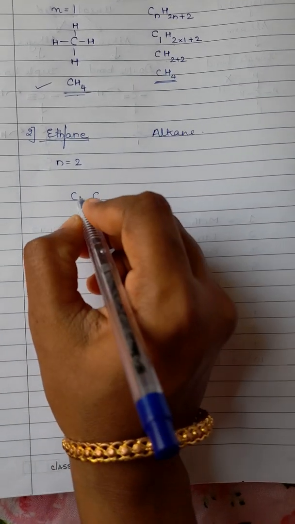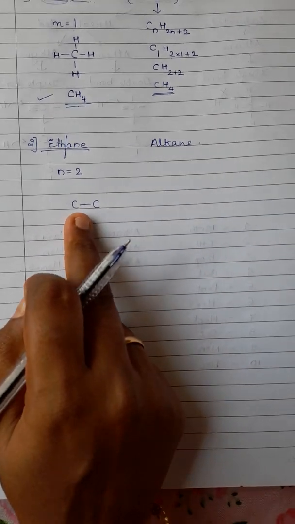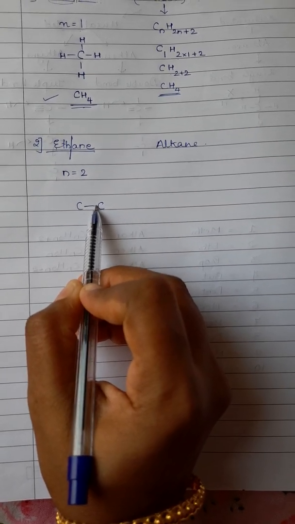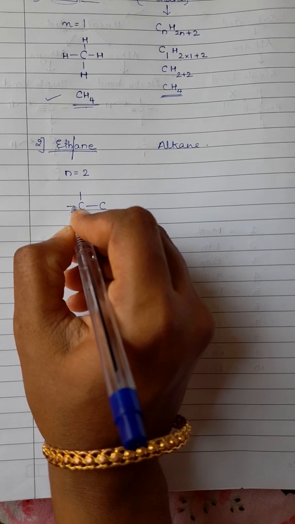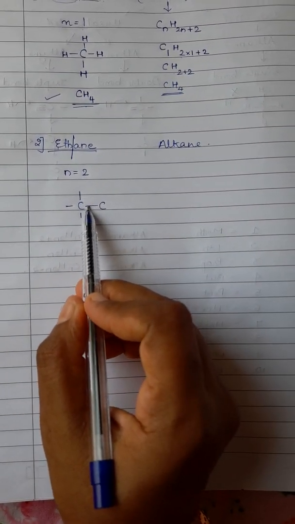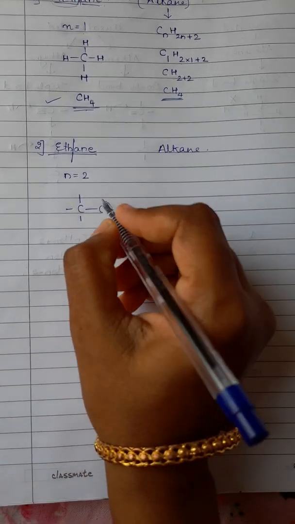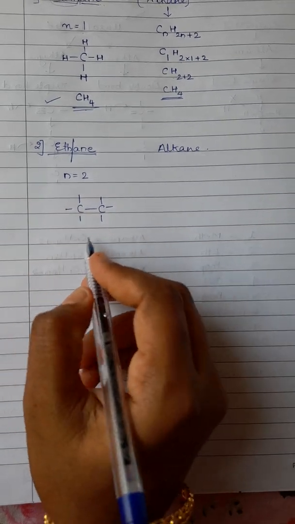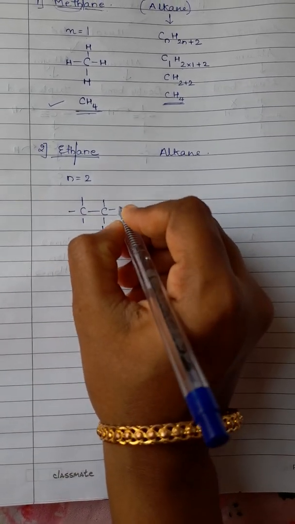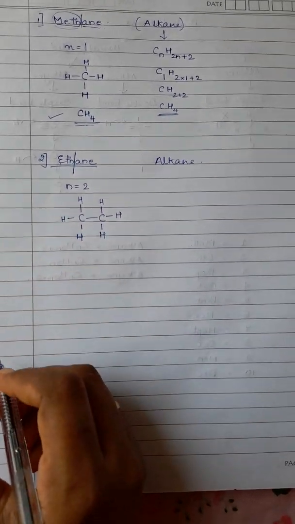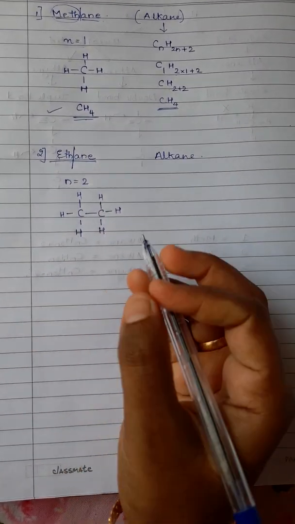So what do you do first? You connect the 2 carbons with 1 bond. Okay, now for this carbon, 1 bond is already given out. You have 3 more, so you put 1, 2 and 3. Now this carbon again has 1 bond already gone. You have only 3 remaining, that you put as 1, 2 and 3. Now wherever you have these spaces remaining, you fill it up with hydrogen. Okay, so this is how your structure of ethane will look.